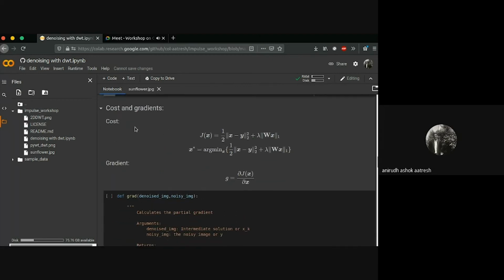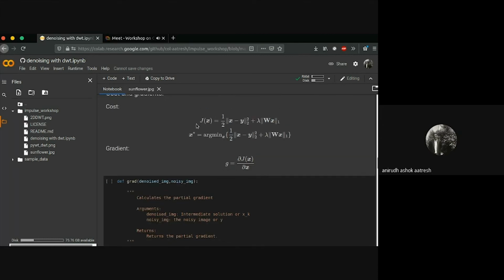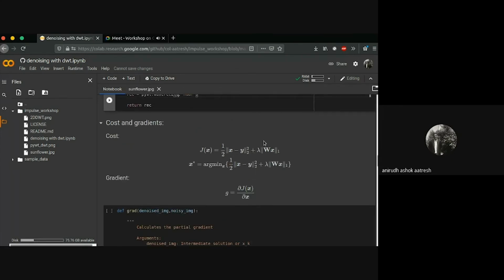So this is the cost function and the gradients. As I said, for this scenario we'll be considering the first term for the gradient calculation, and the second term is for the performance of the discrete wavelet transform and denoising step.